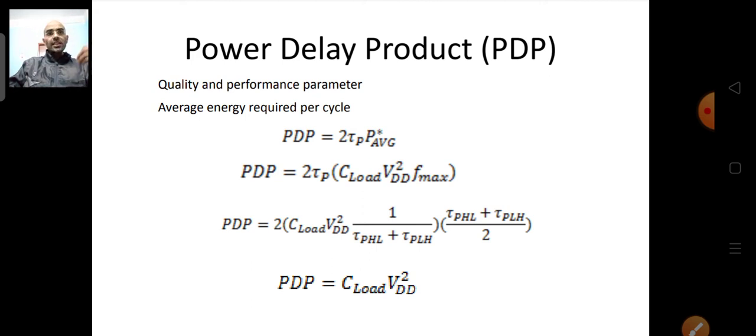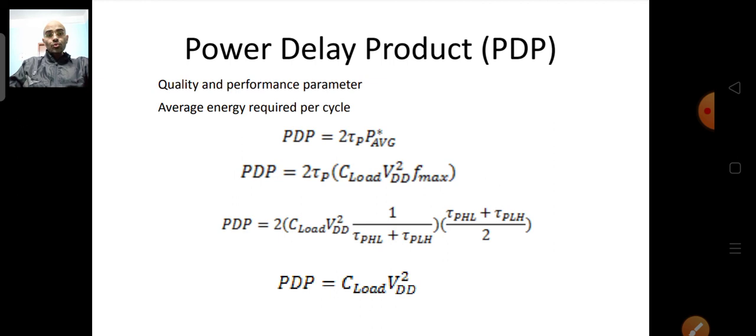So to calculate the energy consumption of the whole circuit, we have to first find the energy consumption per switching cycle. Okay, so the energy is consumed basically whenever there is switching. So if you find the average energy required over one cycle, and multiply by the total number of cycles in which the circuit operates, then we can find the total energy consumed by the circuit. And energy is nothing but what? It is the product of power and time. So you see, delay we have already found, and power we have already found from the previous equation.